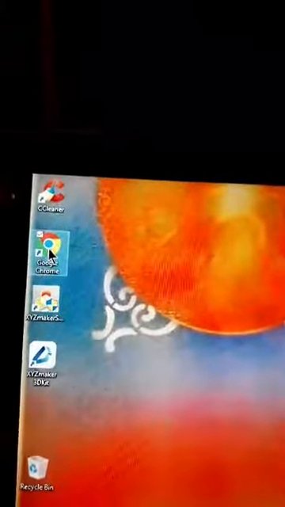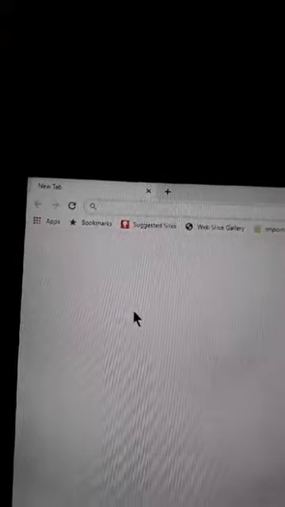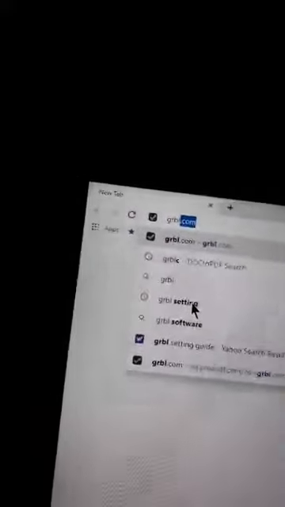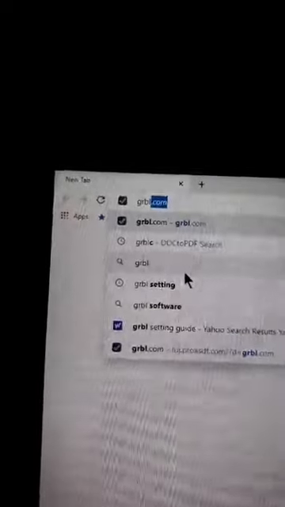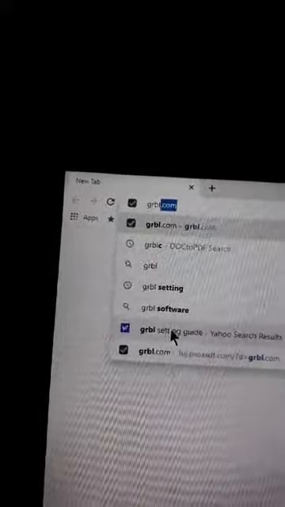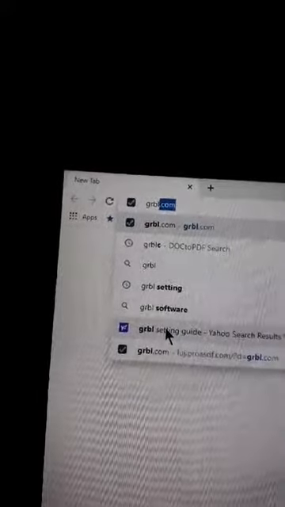I'm trying to find the same list that I have myself, because it's a really good set of... Let me see if it's this one here. Let me see if this one is it. GRBL settings here. All right, well, let's see this GRBL settings pocket guide. This is a good one.